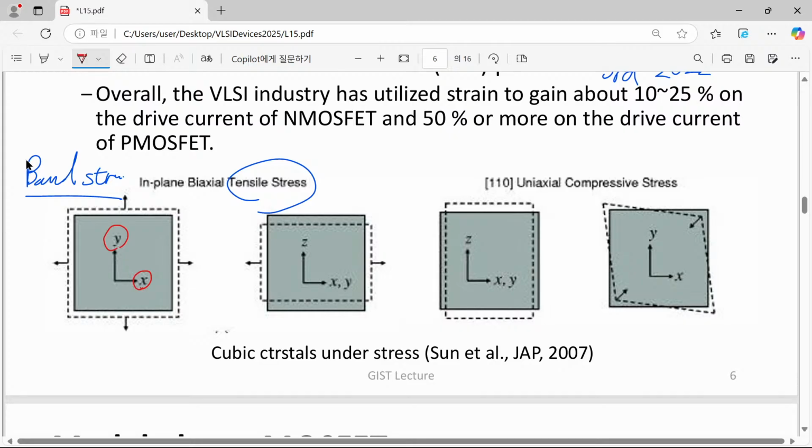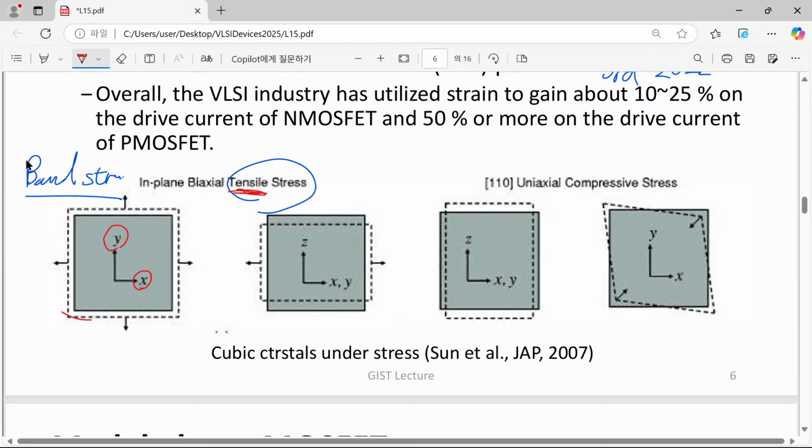We have a wafer, and we are now looking at it from the top, and this is the wafer surface. In order to increase our electron mobility, actually we have to make an extension or expansion of our silicon material. This is usually called a tensile stress, and when silicon